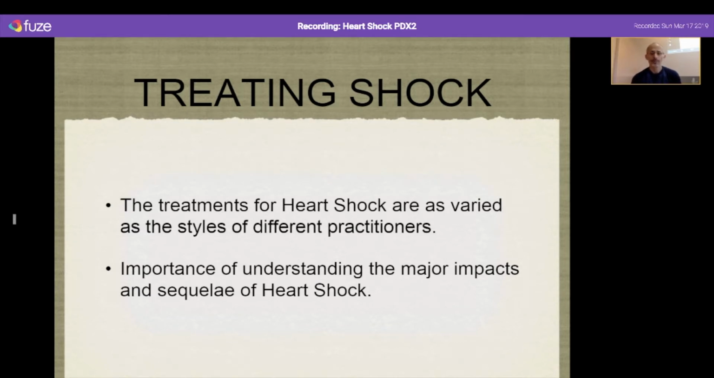And so, but all the treatments, we just want to make sure that we're factoring in all the different strategies and the major impacts and the sequela of the diagnoses and over time in those manifestations, okay? So,